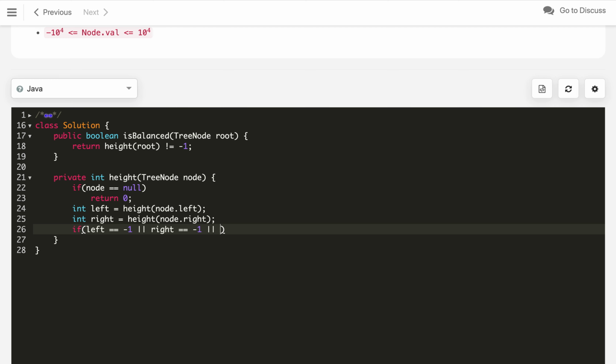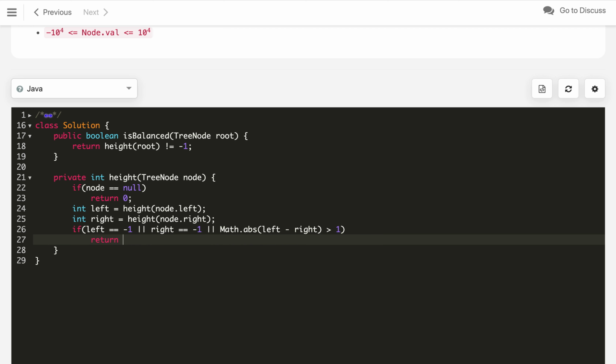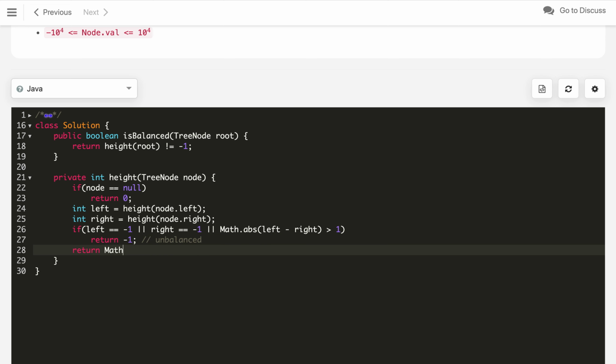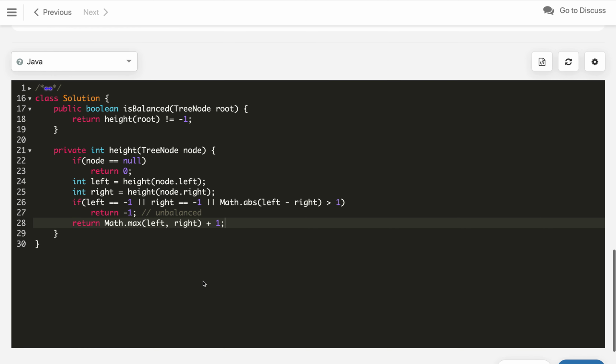And if the absolute difference of left minus right is greater than 1, which means this is also violating the condition, we will return -1, indicating it is not balanced. Otherwise, we will return the height, which is Math.max of the left and right subtree heights, plus 1 for the current node itself.